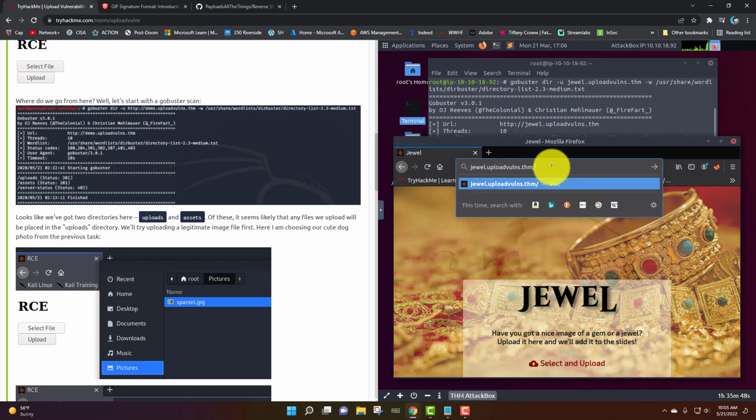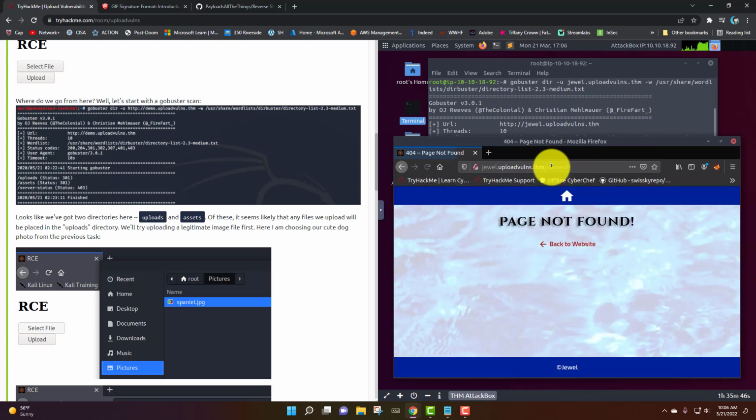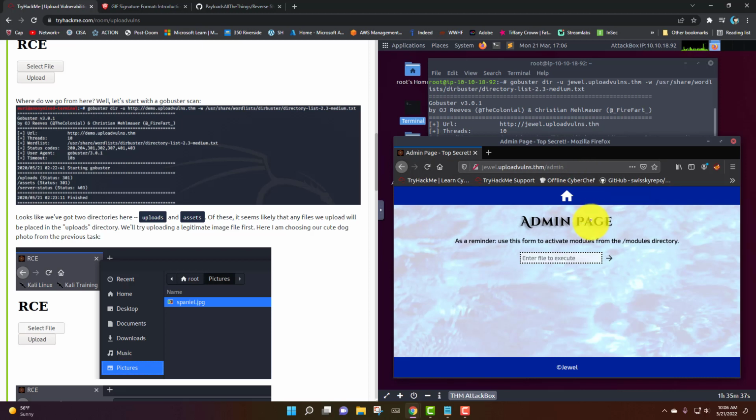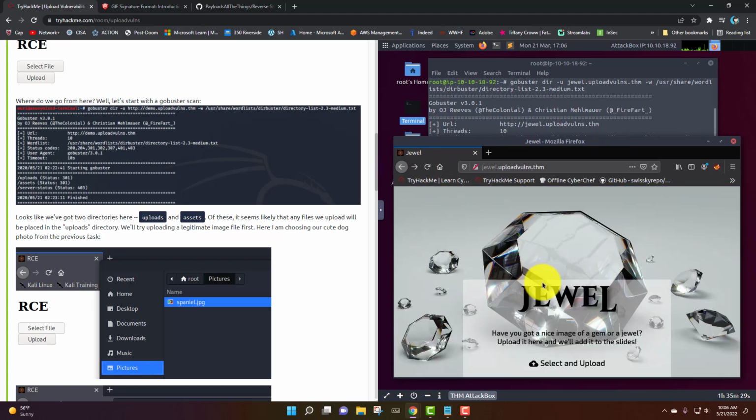So let's go to the content folder and see if we have access to it. It says page not found. And let's just try admin and see what's going on here. Admin gives us a portal where we can enter files and it'll take them to the modules directory. So that's interesting to note, but we want to figure out where they are actually saving